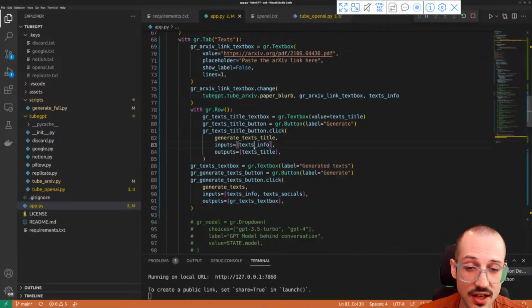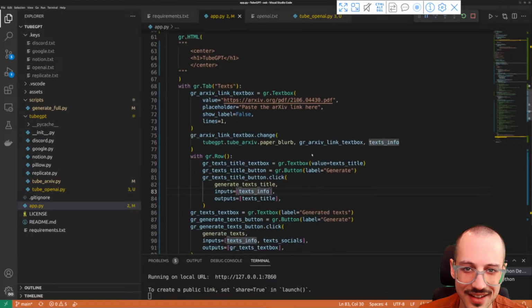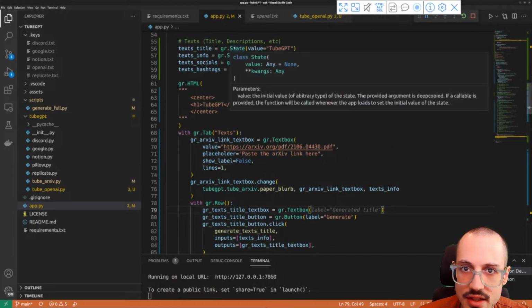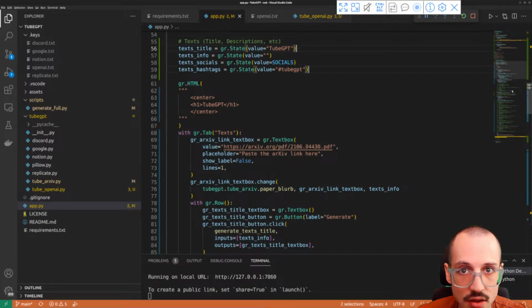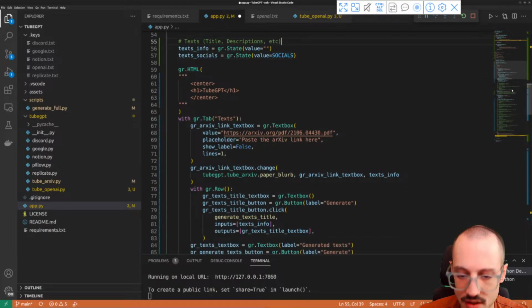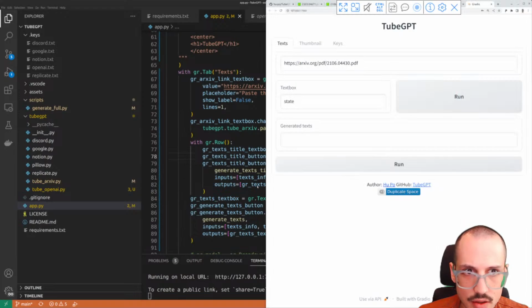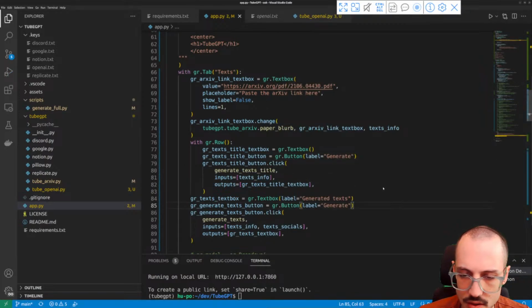Okay, I don't exactly know if it did anything, but I want it to output to text's title text box actually, and actually let me get rid of this text title and hashtags here. So I don't really want that. Okay. So now if I close this, run this again,